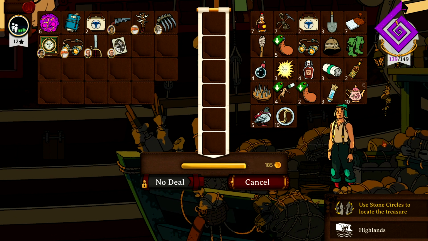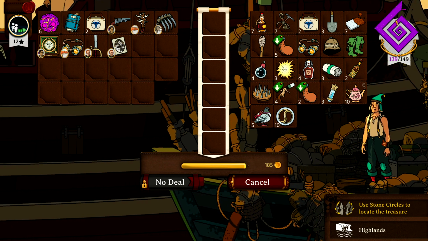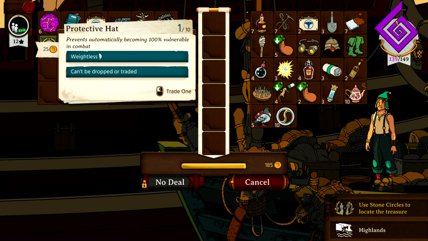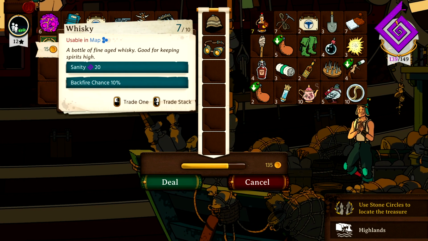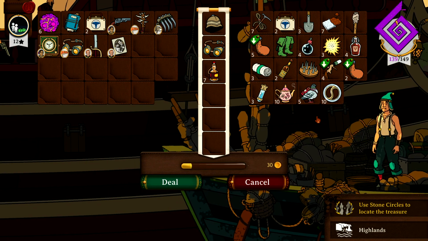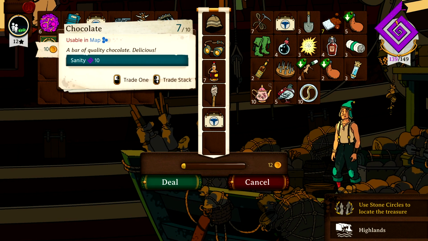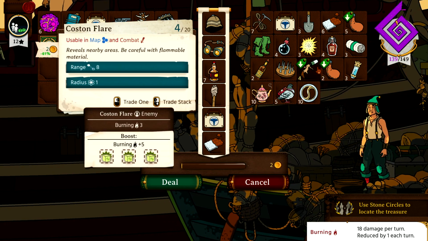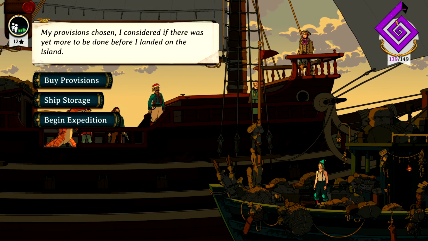So, if you're not aware, I am playing on the final level of director mode with all the modifiers active at this point. So, yeah, we definitely need the protective hats. Not too fussed by the sturdy boots. We're going to take the goggles. We're going to fill up on the old alcohol. Leaves us with 30. A torch is always useful. A medikit. Some chocolate. I mean, I think that's about it. I mean, we could take a costume flare. Could come in useful. Why the hell not? So,